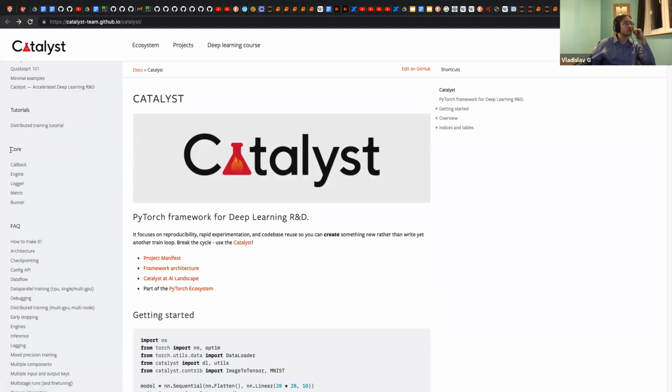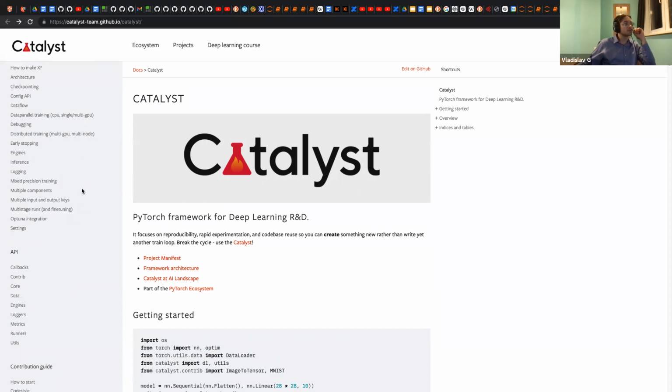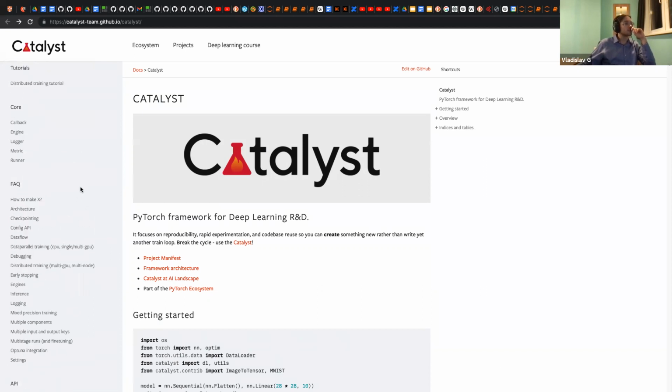We'll speak about it a bit later, but many information is contained here. For example, we could have core submodel where we have callbacks, engines, runners, logger, metric, and so on.